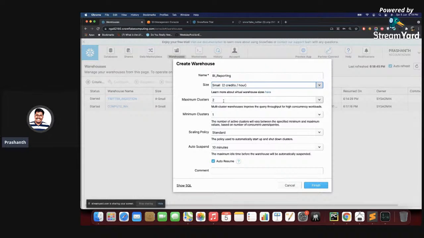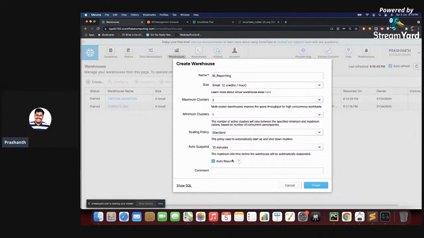If you're having a large number of queries, the cluster size will automatically grow. So it's automatic scaling, and you'll be paying only when your clusters are under high load. You don't need to create a dedicated cluster and pay upfront whether you're using it or not, right? And you have a scaling policy here, standard or economy. Standard is an algorithm that will spin up the clusters immediately, and economy is based upon your active clusters. The cluster spin-up could be a little bit